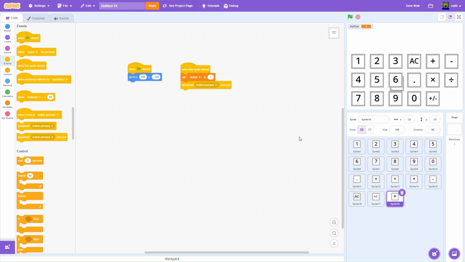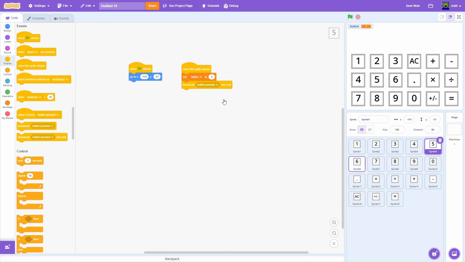So after you're done, your grid should look something like this. And now we want to change our button for every single one because not all of them are 1. And you can of course name your sprites, but I'm gonna skip that for this tutorial because it would take a while. So let's make this 2, make this 3, make this 4,